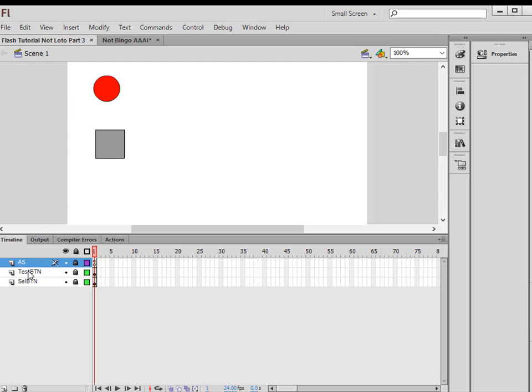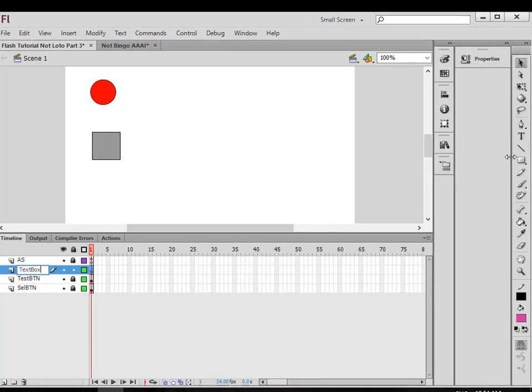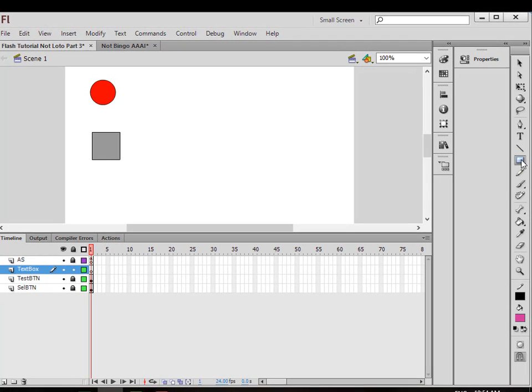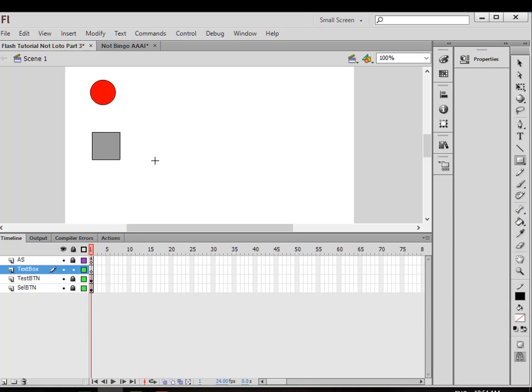I'm selecting this test button layer, inserting a new layer, and calling this text box. Picking up my rectangle tool, I don't want any fill, so click here and click here where the red line is through the white square. Hold my shift down,